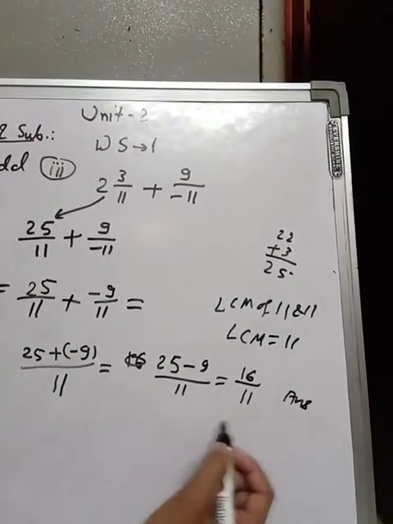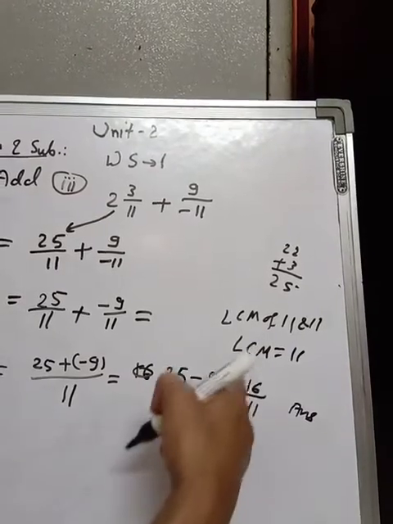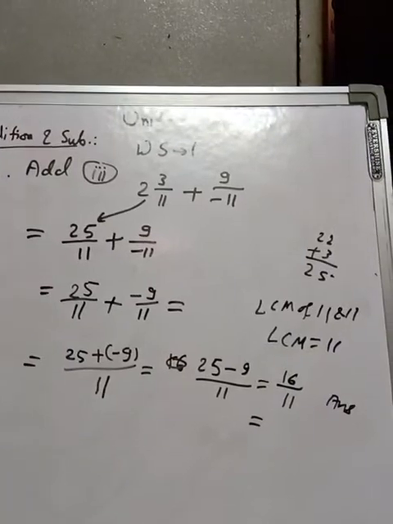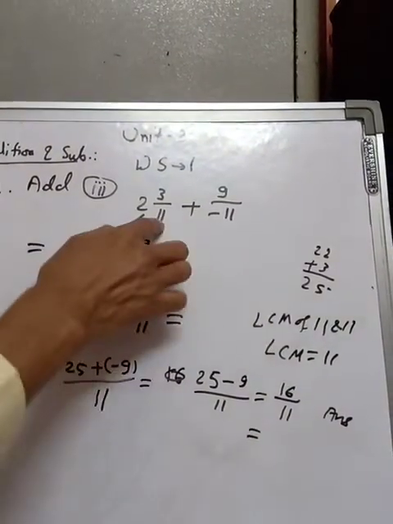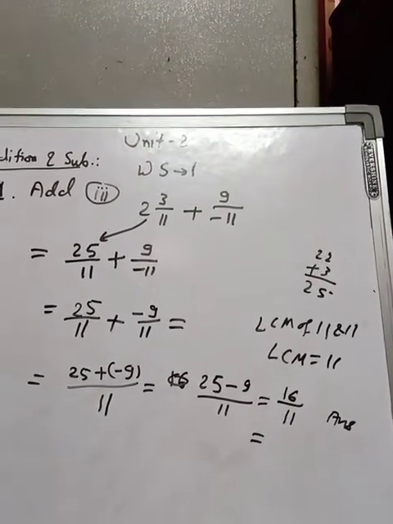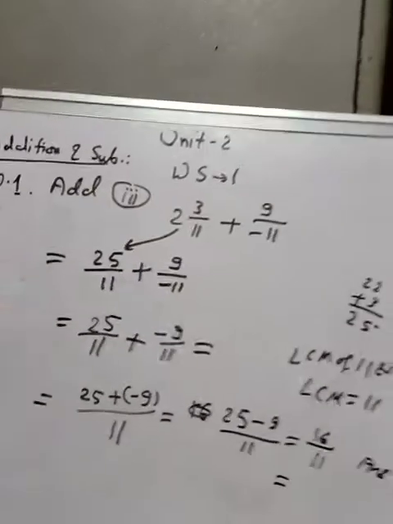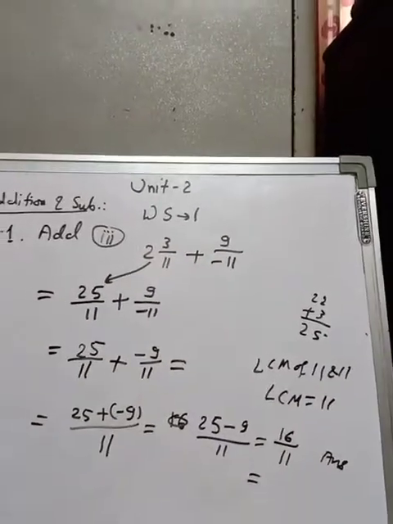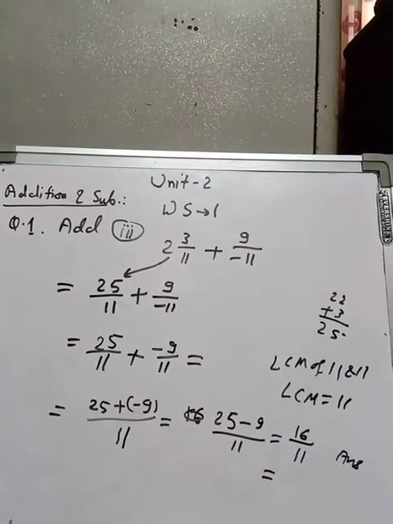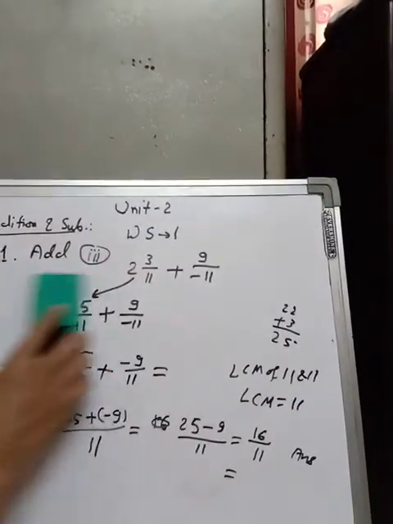If you want, you can convert this into a mixed number also, but that is not necessary. If you write it, it's okay. Now another question: here the denominators are same. I am taking one more example when the denominators are not same. Such questions you solved in class 5 also. You remember how to add and subtract fractional numbers. This is the same procedure, only here the negative sign is there. At that time we had not learned the negative sign.